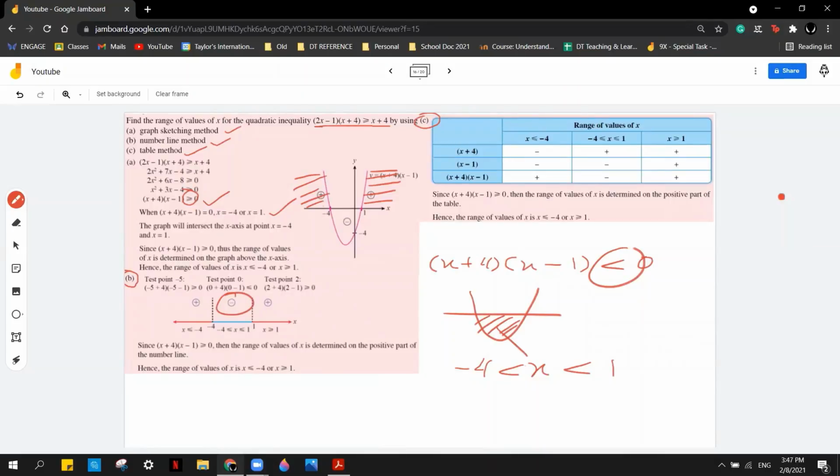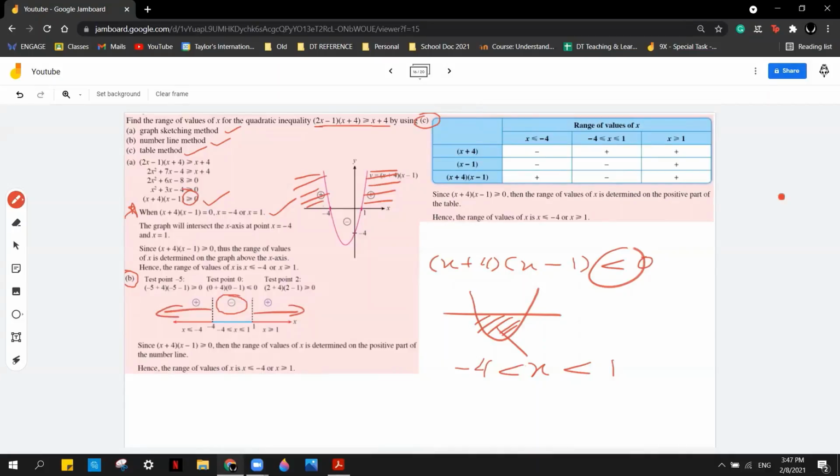For the number line method, you have a look at the number line and draw the roots. You already have your roots, as you can see here. Again, do the roots here, and wherever it is positive, that is where the range lies. Always remember that when both factors are combined, the middle is negative, so you take the positive side, which is the outside part.